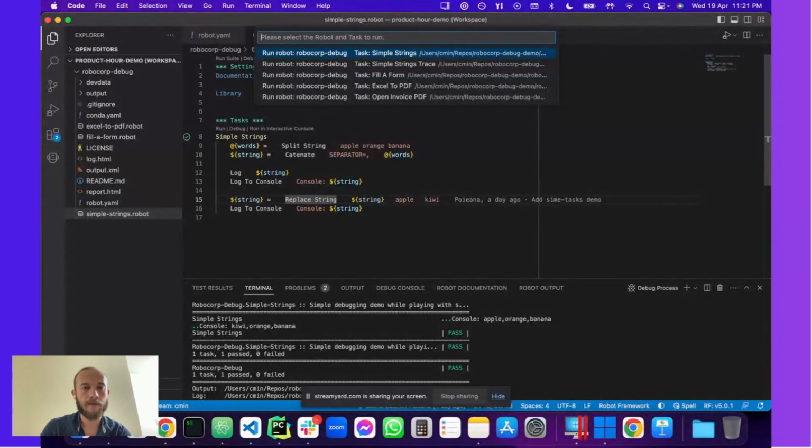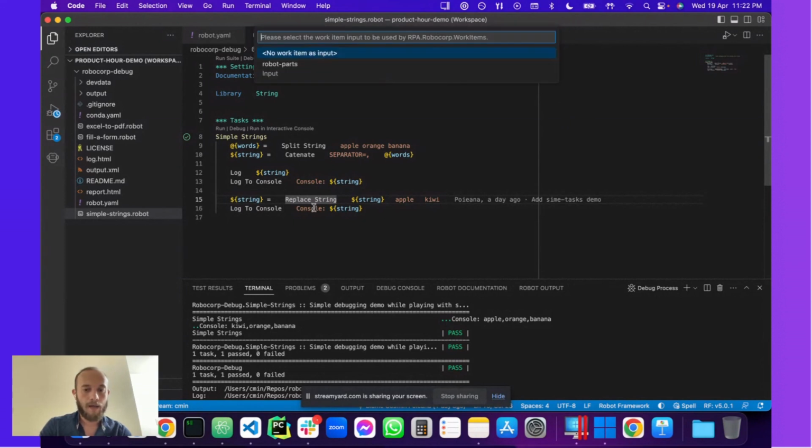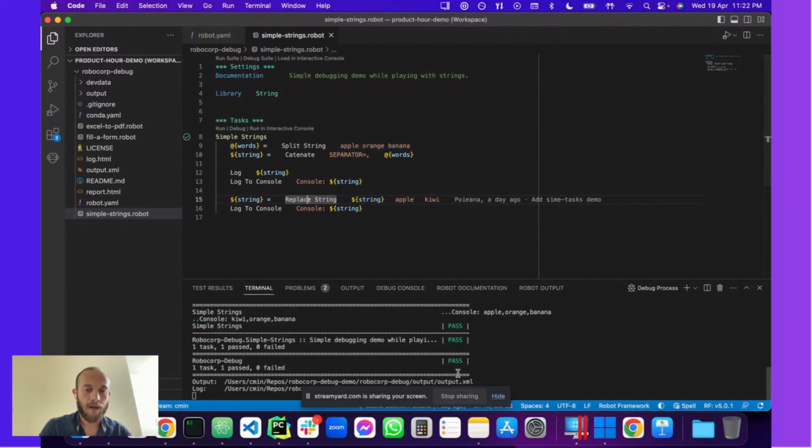And then I'm seeing a lot of tasks here. I'm calling the simple strings one. And what you'll see next, I'll be talking about later on. It's about choosing a work item. I won't choose any here, so I'm just pressing enter. And my bot runs. So what you will see here right in the terminal is basically the output of the bot,